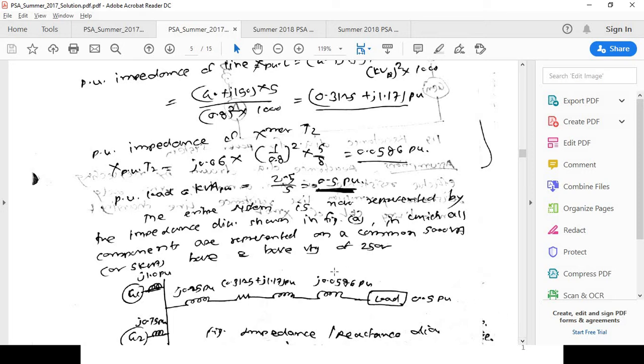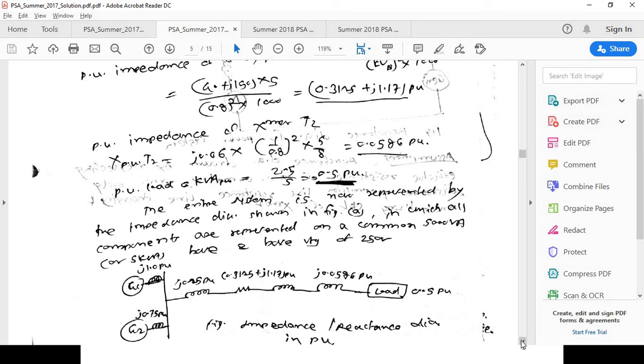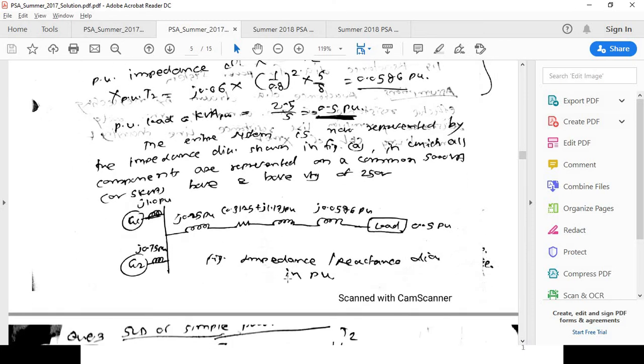You have to just draw the single line diagram and represent all the values in per unit impedance form. So now the reactance diagram will be generator G1, G2, and in this case series reactance is shown, because we have the idea that in case of reactance the generator equivalent model is nothing but EMF behind transient reactance. So it is j1.01 and j0.75, the reactances of generator 1 and 2 respectively.